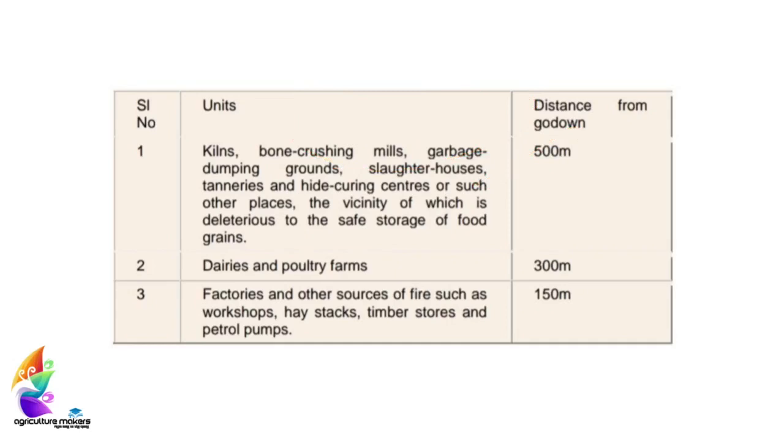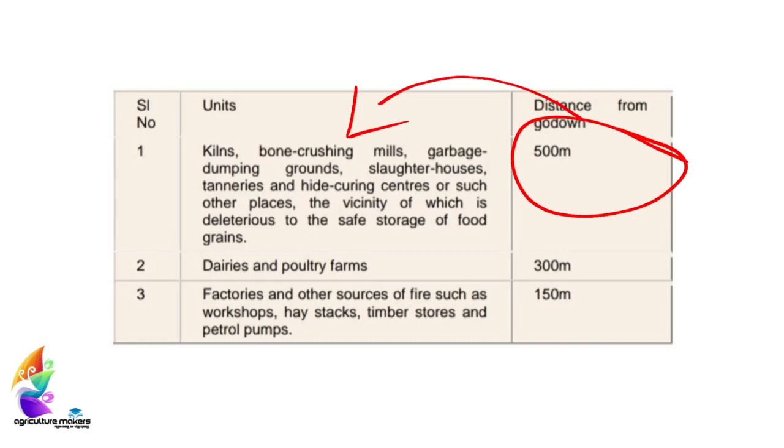Yes, the godown should be at least 500 meters away from brick kilns, bone crushing mills, garbage dumping grounds, slaughterhouses, tanneries and hide curing centers or such other places, the vicinity of which is deleterious to the safe storage of food grains. Yes, the distance should be 500 meters from the places which are deleterious to the safe storage of food grains,